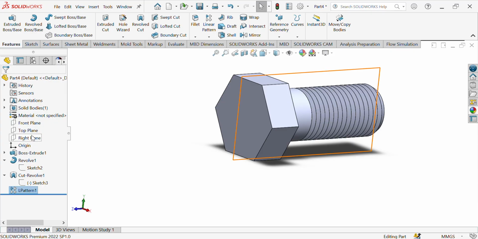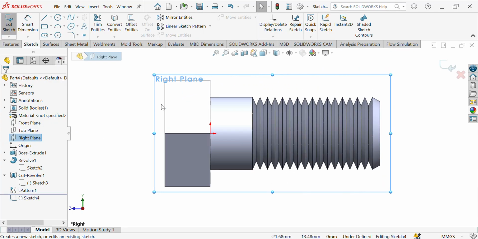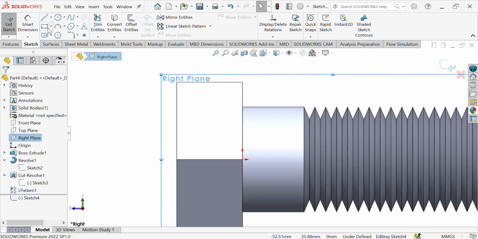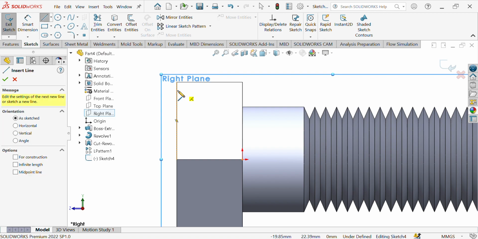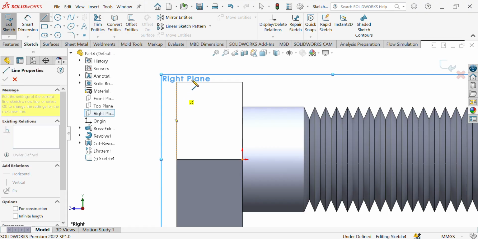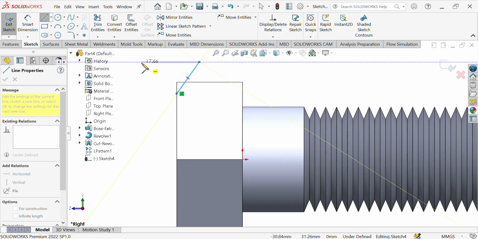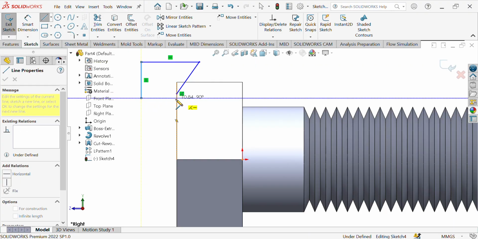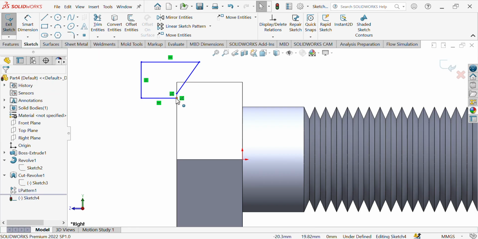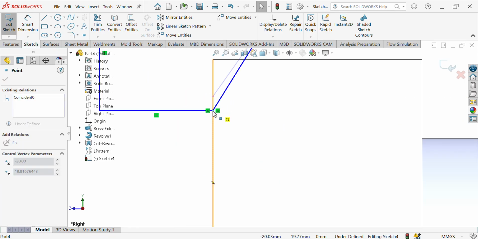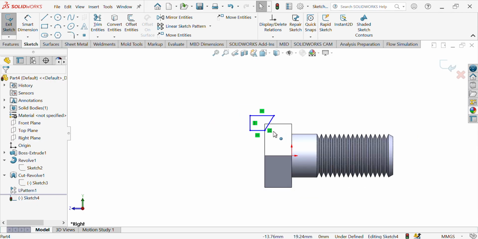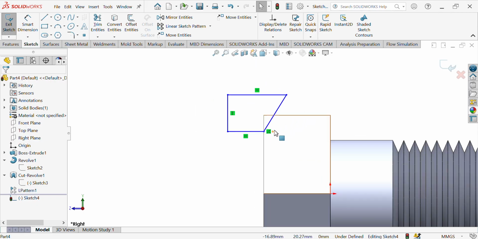So go to right plane, select and draw a sketch here. Just drag this, make it coincident